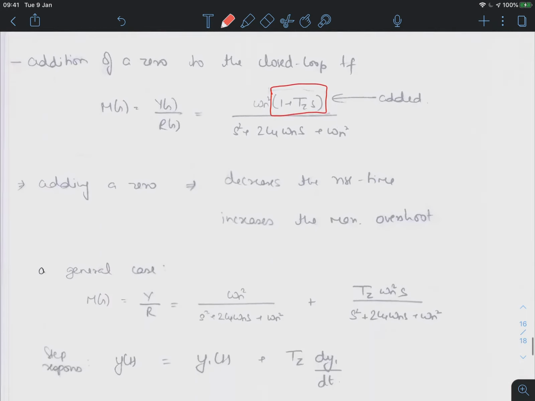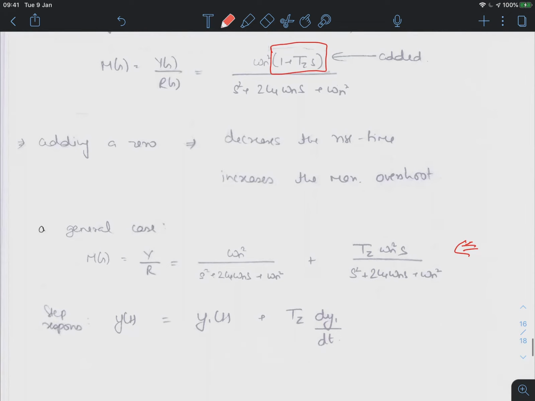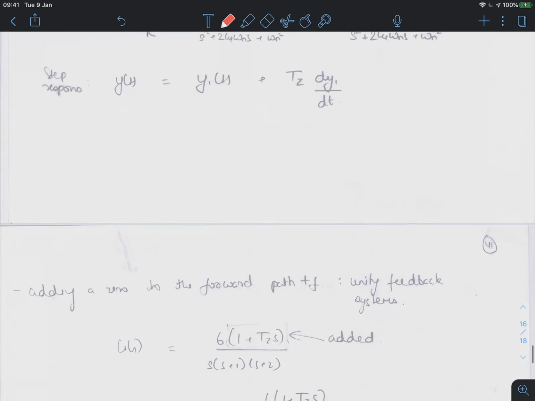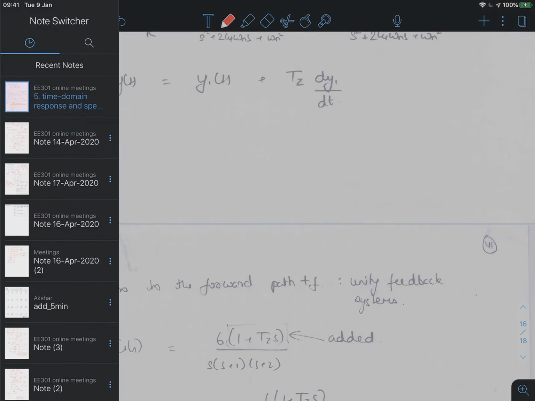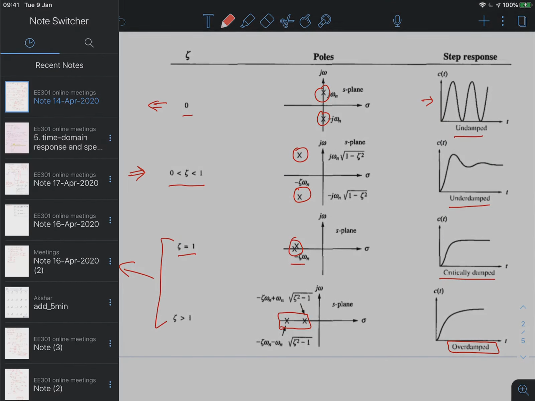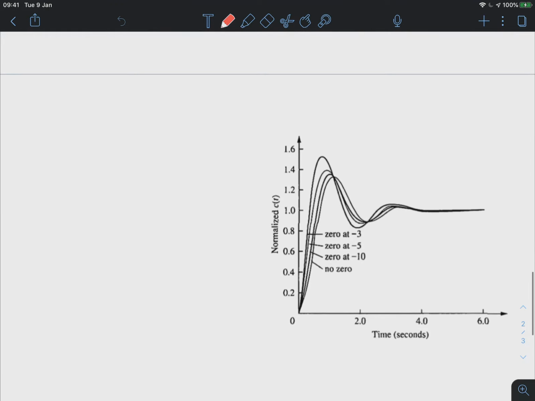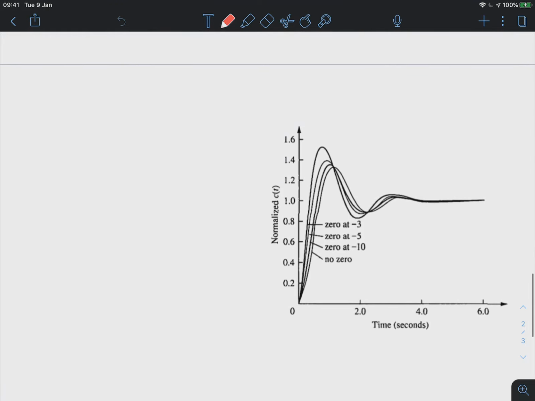Now to see this situation, add a zero into the closed loop transfer function and plot the responses. I don't have the response here, or maybe I have a response. Let's see. Okay, so here it is. So in this particular example,